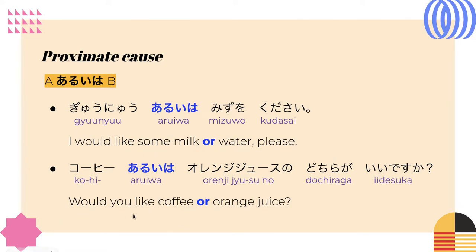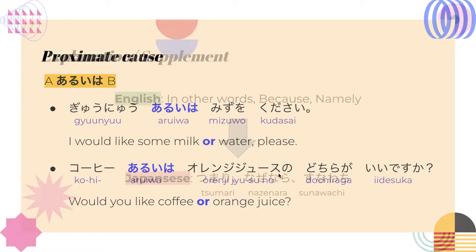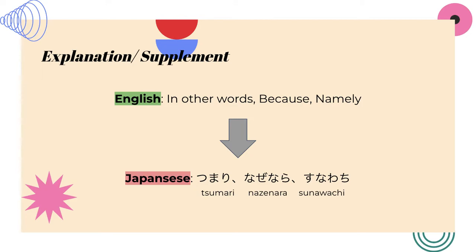To say this sentence in Japanese, it will be コーヒーあるいはオレンジジュースのどちらがいいですか？ So, coffee or あるいは オレンジジュース。